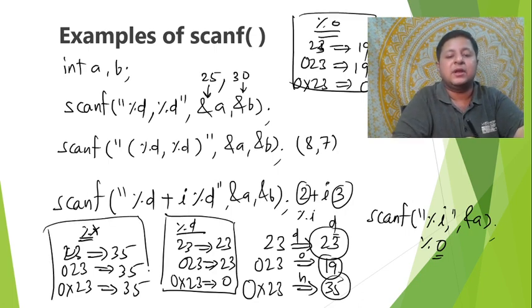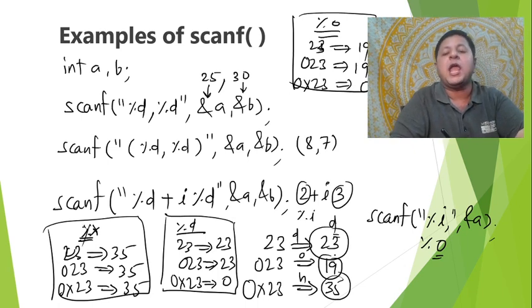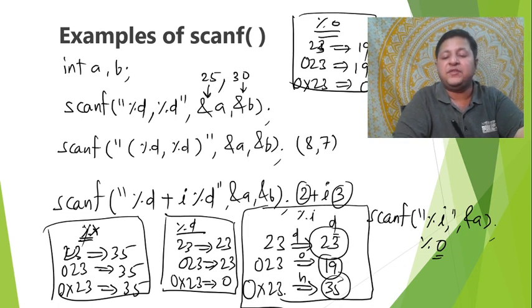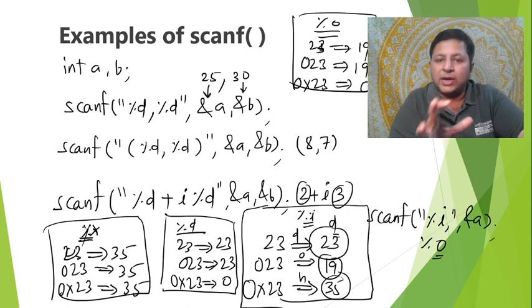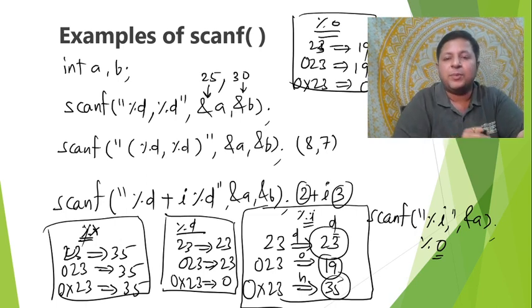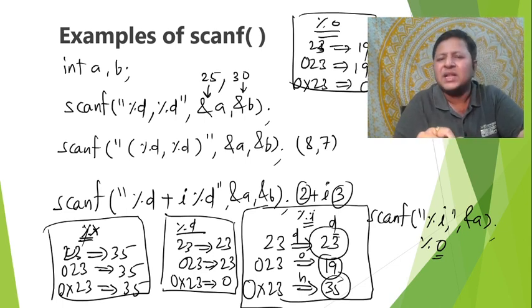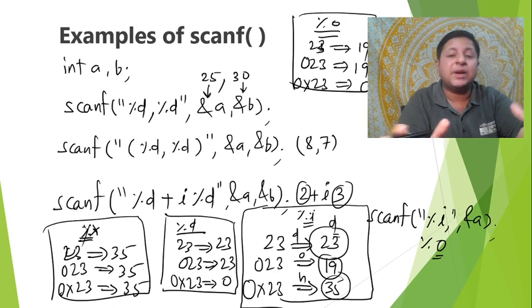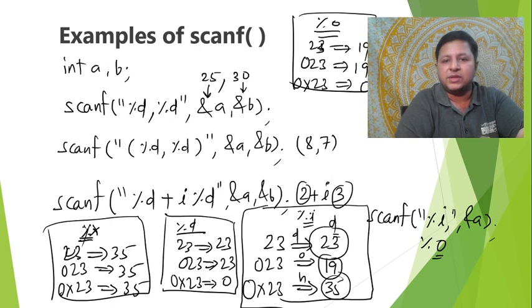They are specific: decimal, octal, hexadecimal. And if you expect all 3 and you want everything to be read as per whatever prefix it has got, then %i. I guess now you might be understanding that magic of %i. %i is for any type of integer. If you want specific, then it is %d for decimal, %o for octal, %x for hexadecimal. As I said, I can actually create a separate video about the effect of all these things, but I just thought of giving you a brief about the same.